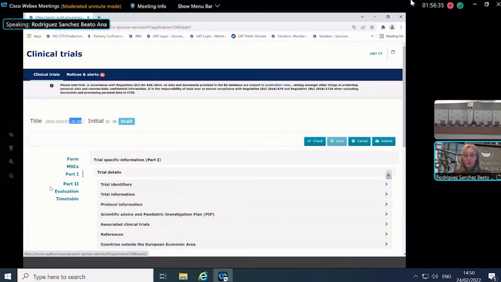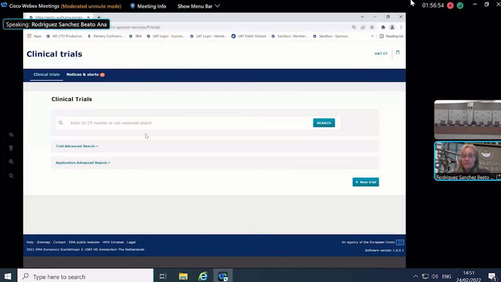But it's just to let you know that this is how the application form looks. Okay, so now, that is fine. I created this trial city-centric approach, but I'm going to show you what happens if you want to create a trial via the organization-centric approach. So then I will go here.